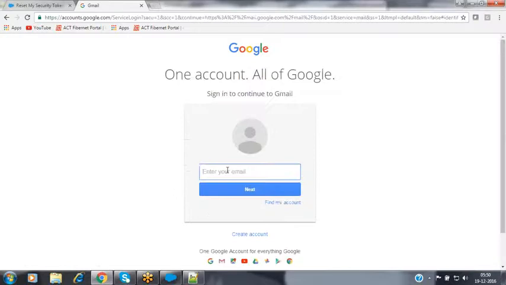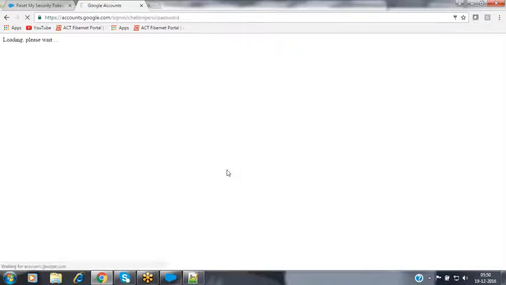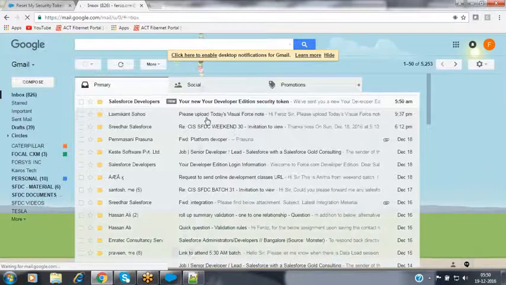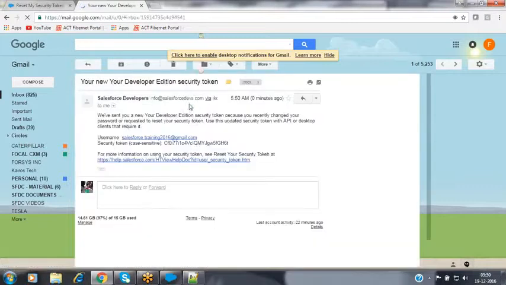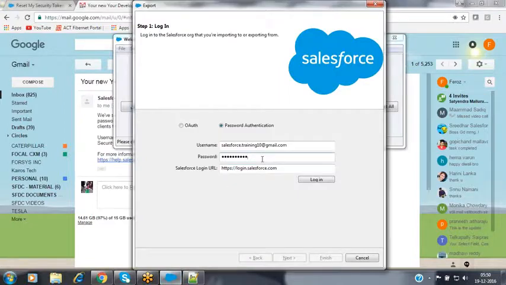Copy that security token and paste it along with the password. So now I'm providing the password along with the security token as well. Click on Login.